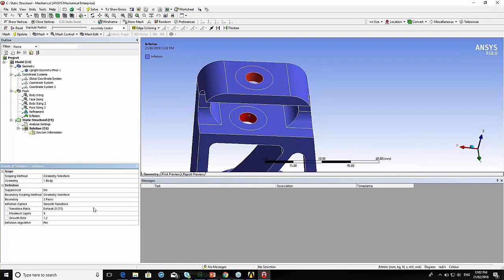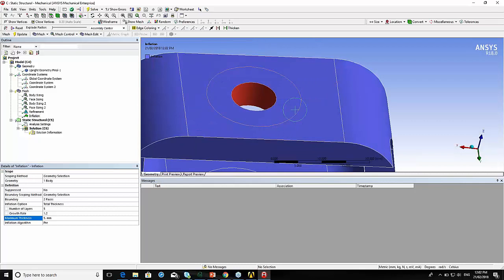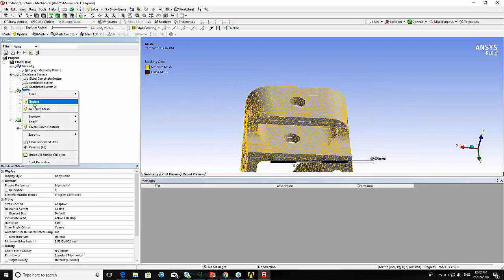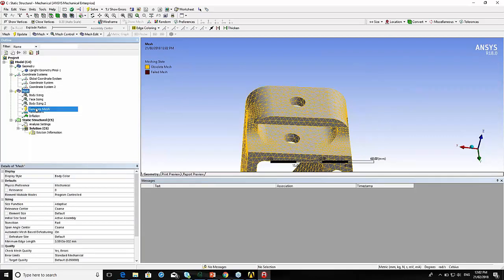concentric rings of elements. Okay, so here I'm going to tell it the total thickness. If I put in a thickness, I can see how that will manifest, or how thick it will go. If I zoom in, that's how far the inflation is going to go. Okay, so if I generate the mesh,